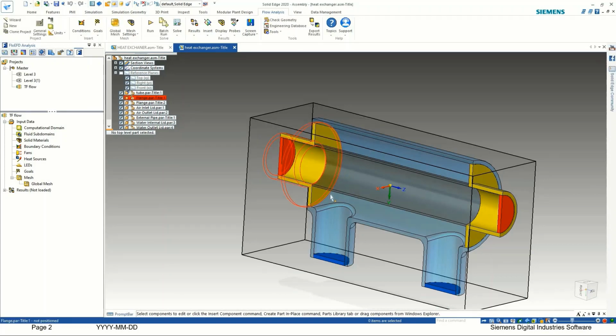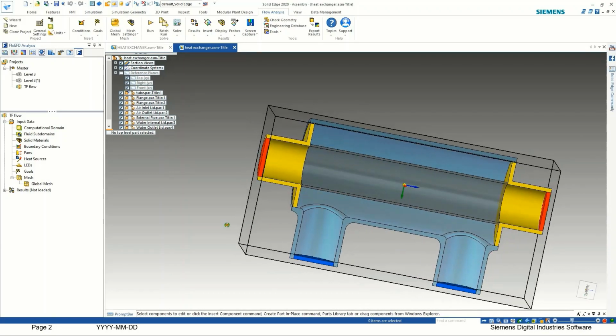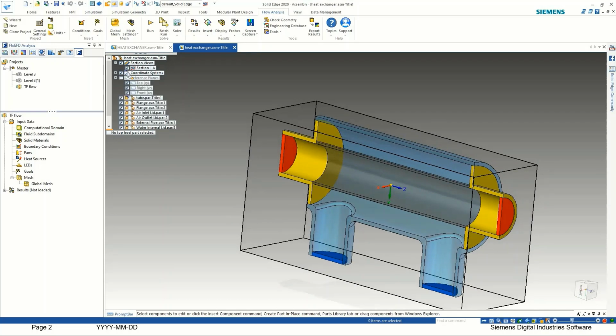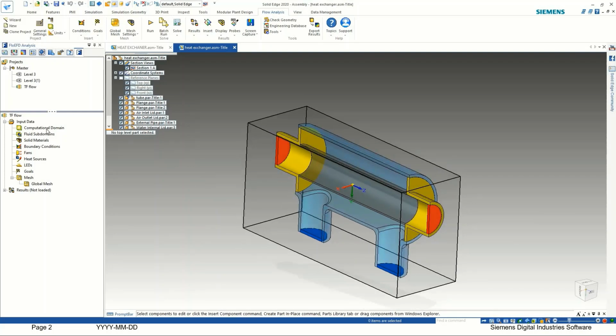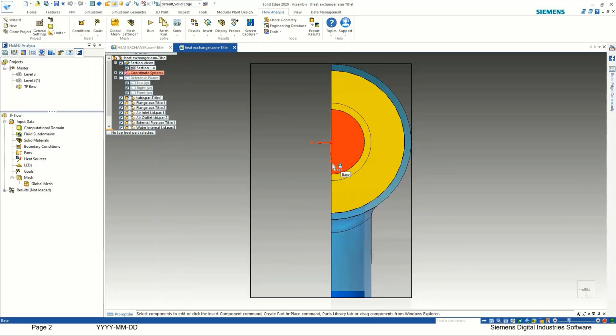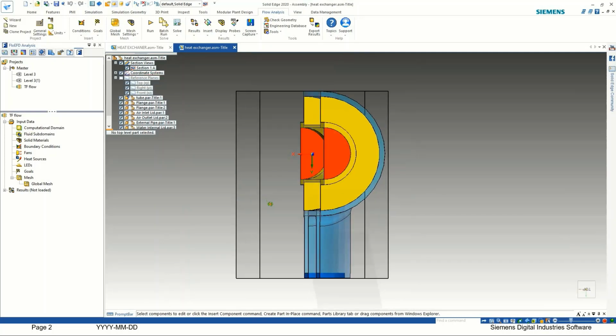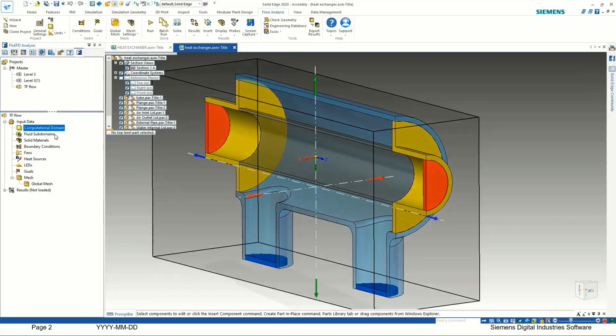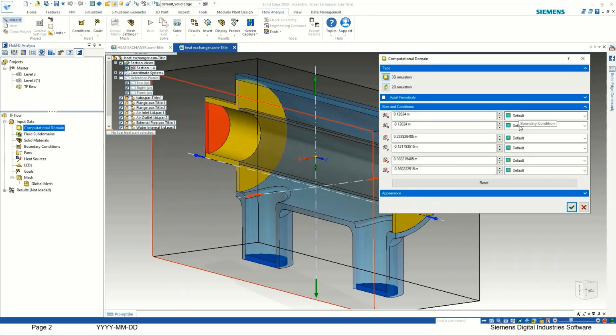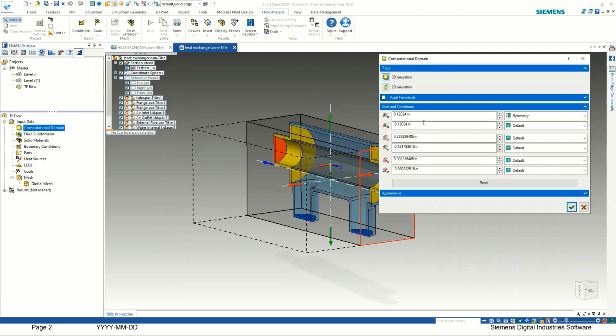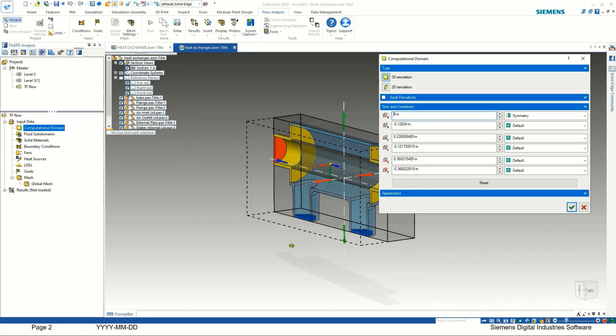Now you can create the computation domain. So in this analysis I have a section view, and I know that the behavior of the model would be symmetric about the x-axis, so I can create a symmetric fluid domain. The benefit of that is it reduces the simulation time, because the number of mesh cells will be trimmed down to half. So I can create the section, or you can say symmetry model, on the x direction, and that's it.